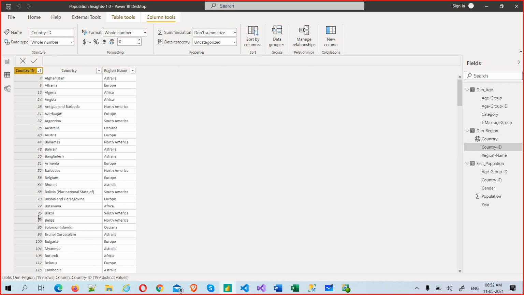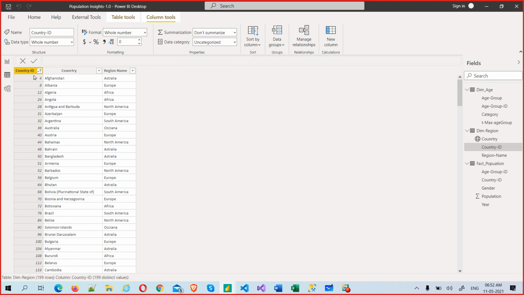Yeah, so now it's working. So this arrow symbol is actually working. The sort by column will show its main benefit when we work with a real case, so that is the reason I'm not showing it at this moment. Here you think that it's not working, but actually it will work when you create a visual. Okay, we will come to that part.